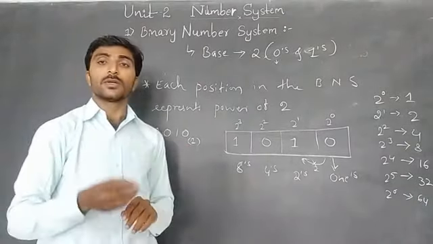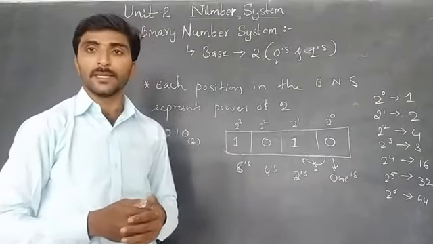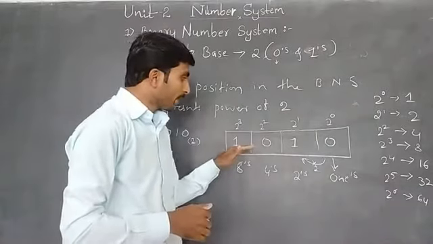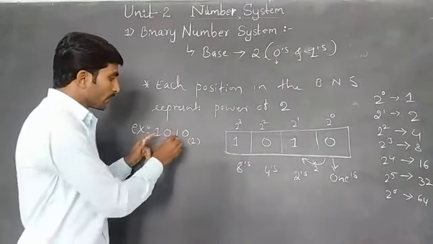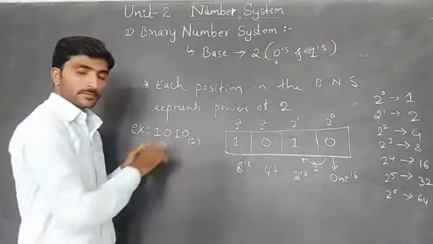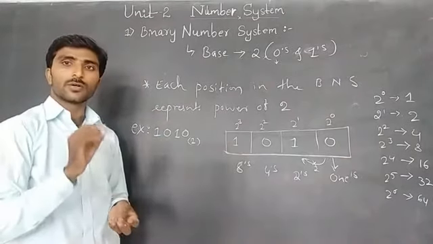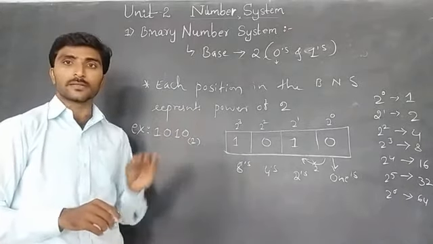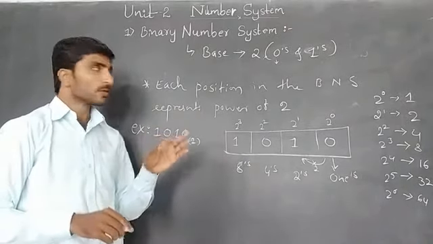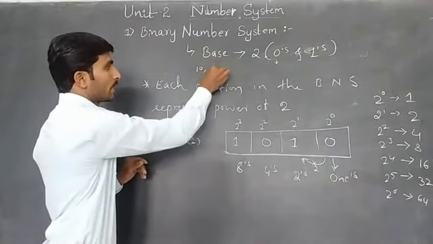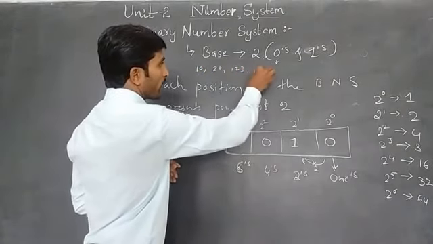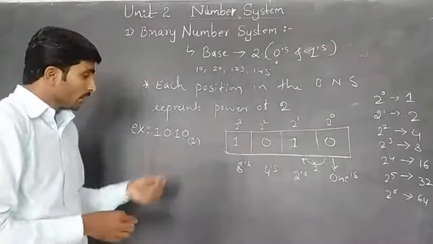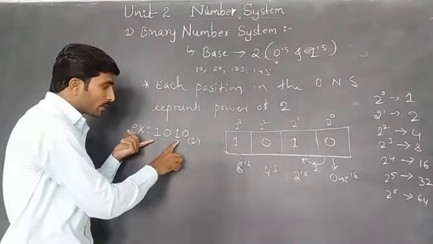Sometimes people ask you to find the decimal equivalent of this number. What you have to do is convert this number to its decimal equivalent. Decimal means 0 to 9, we know already. So 10, 20, 123, 145 are decimal numbers. So what is the decimal equivalent of this number?